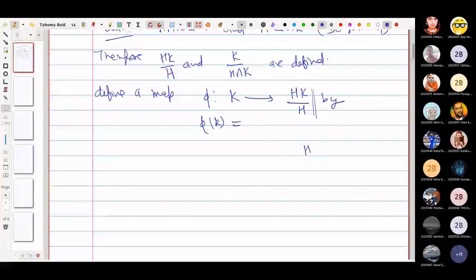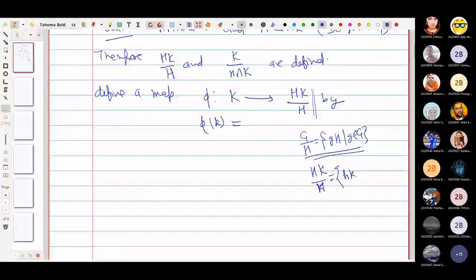When we write G by H, this contains elements of the form gH, where g belongs to capital G. Okay, this kind of set. So here g is nothing but HK. So if HK is there, and in the denominator we have H, what kind of elements should there be? Of the form hkH. Either you can write like this, or